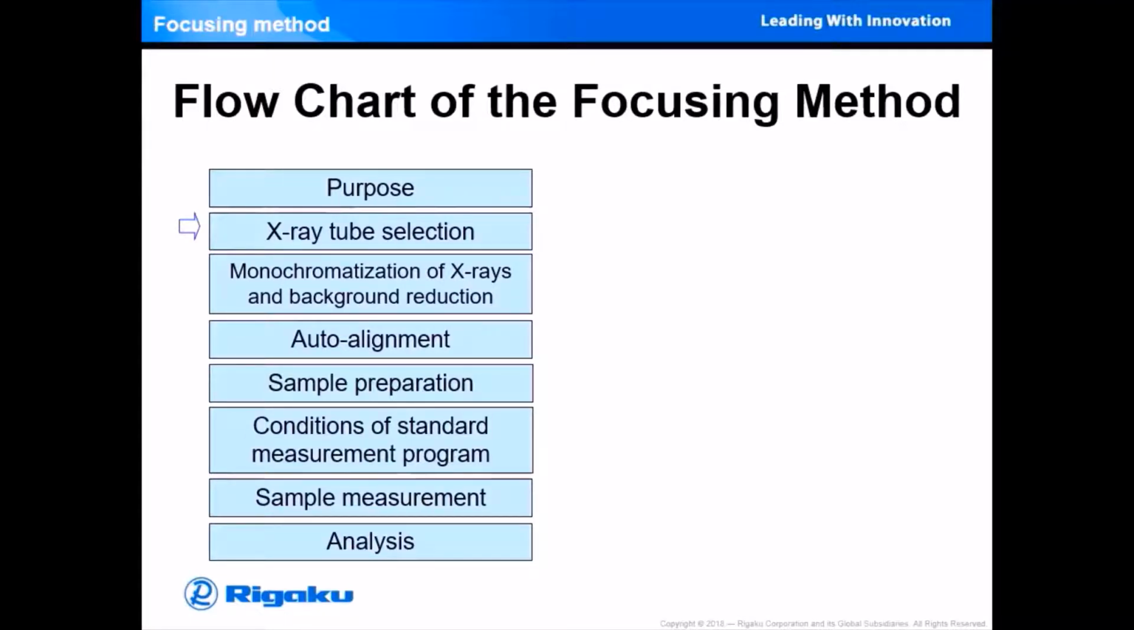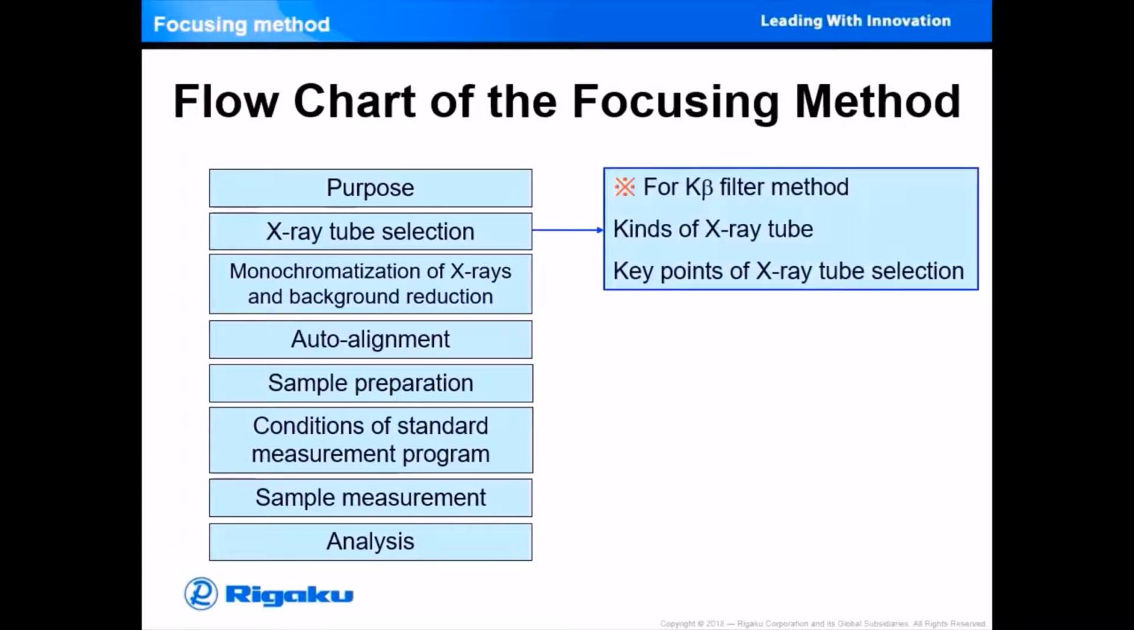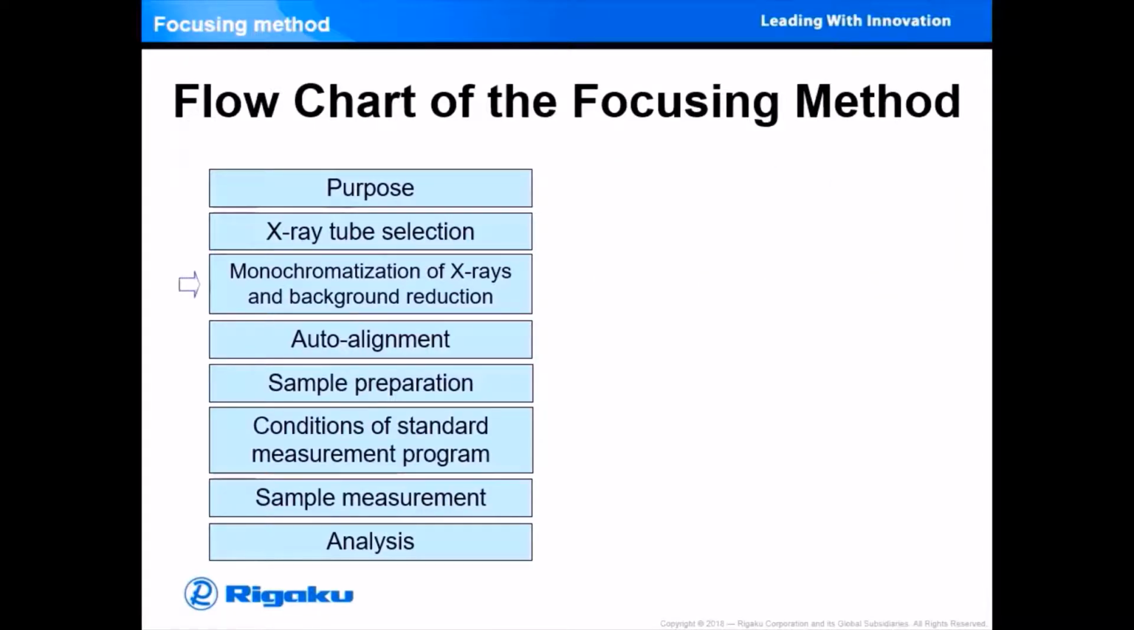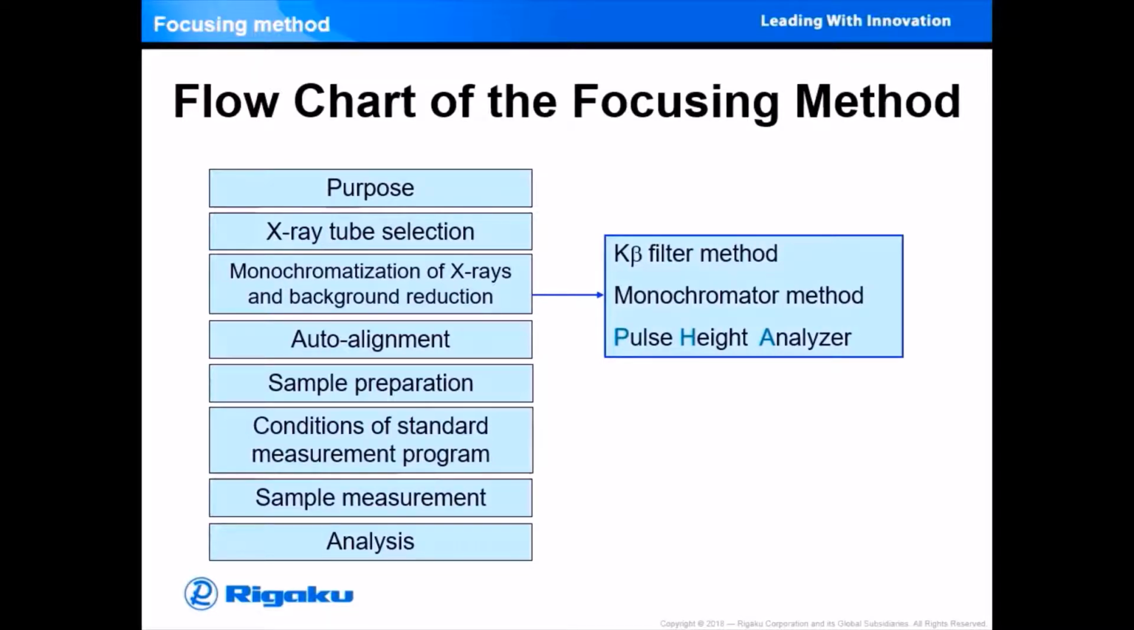But occasionally we must select the kind of X-ray tube for the measurement with the K-beta filter method or the special purpose. I'll introduce a few kinds of X-ray tubes and the key points to consider for the X-ray tube selection. Next step is how to monochromate X-rays and reduce the background. I'll explain two methods of X-ray monochromatization, the K-beta filter and the monochromator methods. And as background reduction, I'll explain the pulse height analyzer, PHA, which functions to eliminate mainly white X-rays that contribute